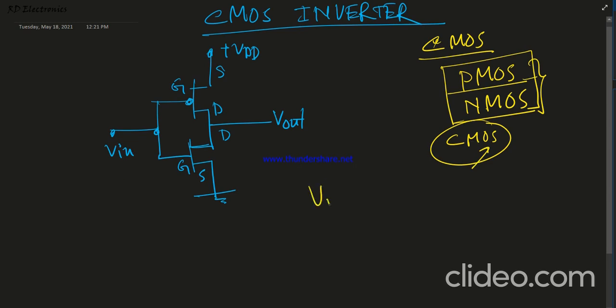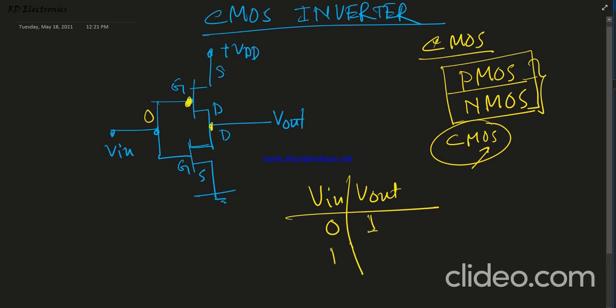In this diagram, if we plot a truth table, V input versus V output, then when V input equals 0, the P MOSFET, where the bubble sign is denoted, this is the depletion type MOSFET, and no bubble means this is the N MOSFET, that means the enhancement MOSFET. And when the input is equal to 0, then the P MOSFET is on. So now this MOSFET is on, therefore the voltage appears here, but this N MOSFET is off, so therefore we get